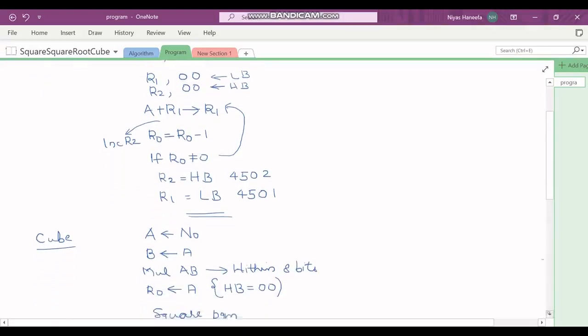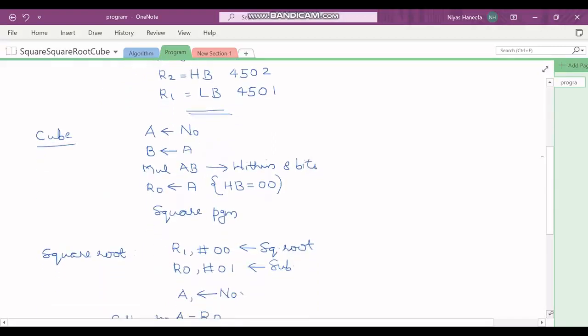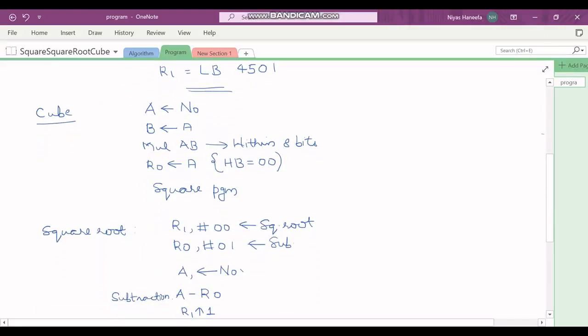Then coming back to the cube, in this case the difference is we'll be loading the number. So we need to get the count which is the square of the number. So if I have a number A, we want to find A cube. So this is the same as A into A squared. So you take this as the count, A squared, then add A, this A squared times. So that is the logic.